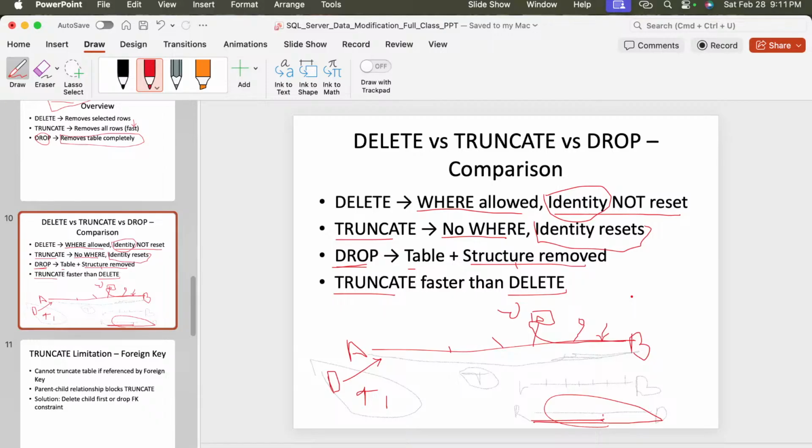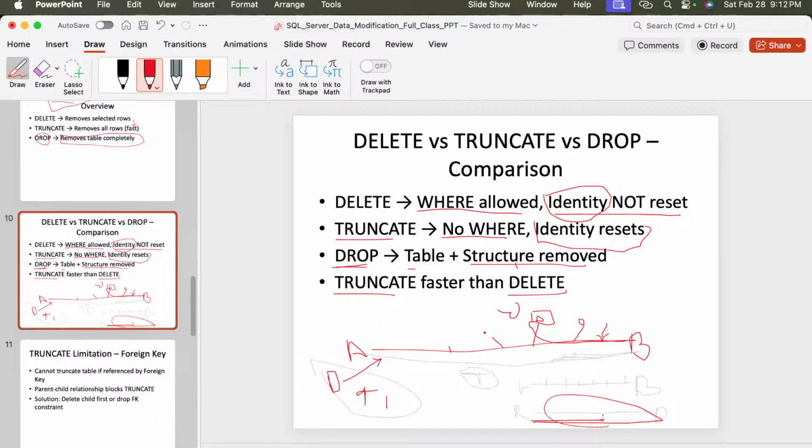ट्रंकेट यूज़ करते हैं जब हमको सारा टेबल डिलीट करना होता है, बट उसका स्ट्रक्चर हमको रखना होता है। और ड्रॉप हम यूज़ करते हैं जब सब कुछ हमको उस डेटाबेस से हटाना होता है। ठीक है, तो ये एक ईज़ीएस्ट एक्सप्लेनेशन होगा, और इंटरव्यूअर समझेगा कि आपको इस टॉपिक की डीप अंडरस्टैंडिंग है, राइट। तो ये चीज़ आप ध्यान में रखिएगा, और ये इंटरव्यू के टर्म में बहुत यूज़फुल थिंग होती है।